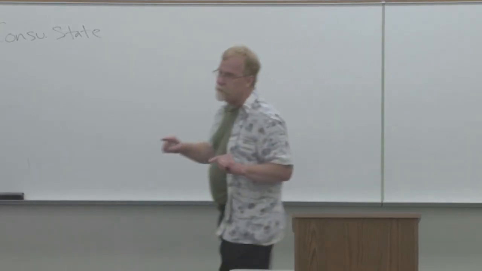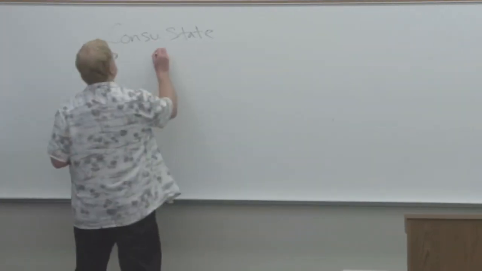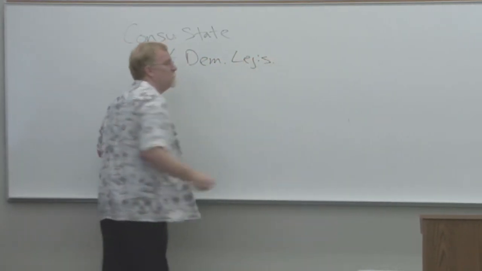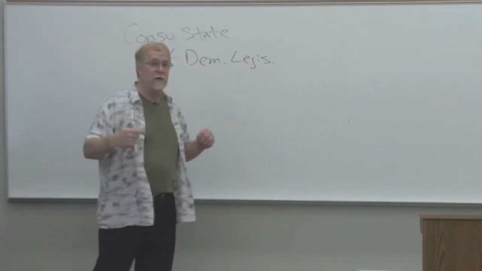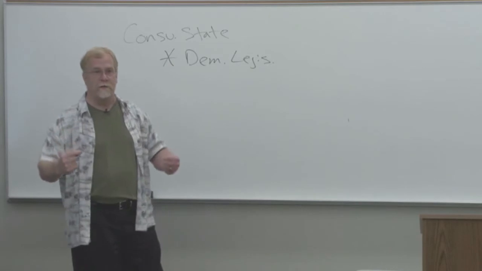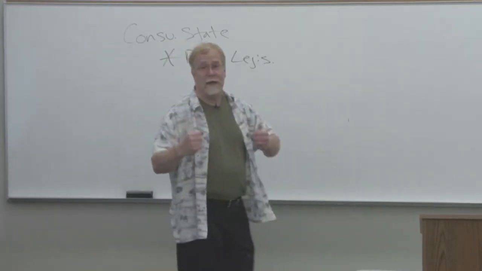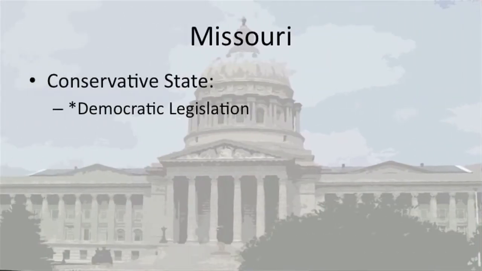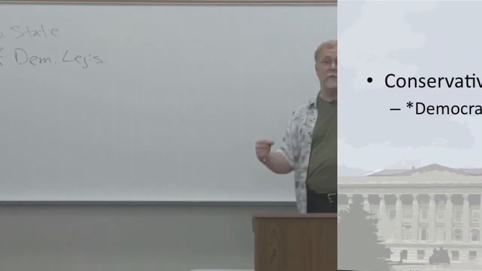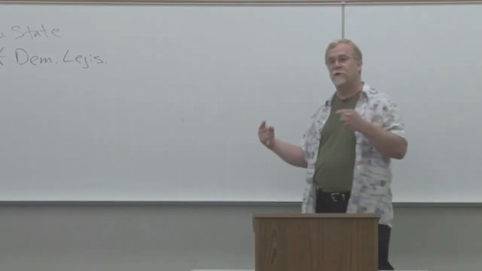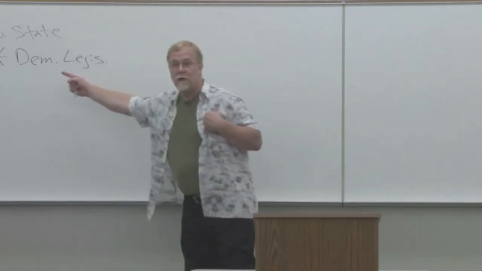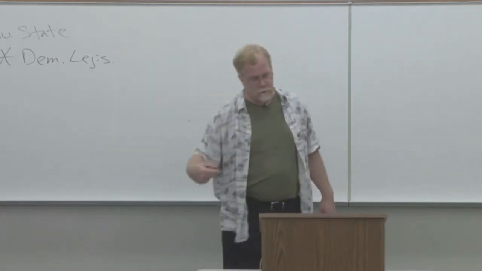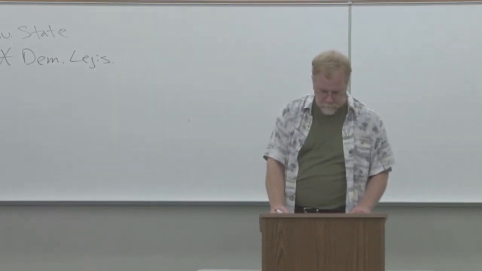Now, Missouri is a conservative state, but I want you to remember something important. For all of the court cases I'm about to discuss, for all of the laws that are passed and challenged, Missouri has a democratically controlled legislature. It's important to remember, maybe it's hard to remember today, what separates Democrats and Republicans. But because Missouri is a conservative state, Missouri has conservative Democrats, and it's a democratically controlled legislature that's in charge of the state during this first period in response to Roe versus Wade.